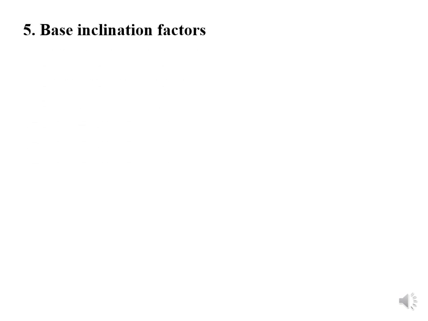After the load inclination factor, we can see the base inclination factor. Base inclination factor means what? I told you in the beginning that whenever you construct the foundation or footing, we are definitely going to compact the soils. Even after compaction, when you construct the footing, it is going to incline with the horizontal surface available below the footing. So that is called the base inclination factor. That means the base of the footing is going to incline.